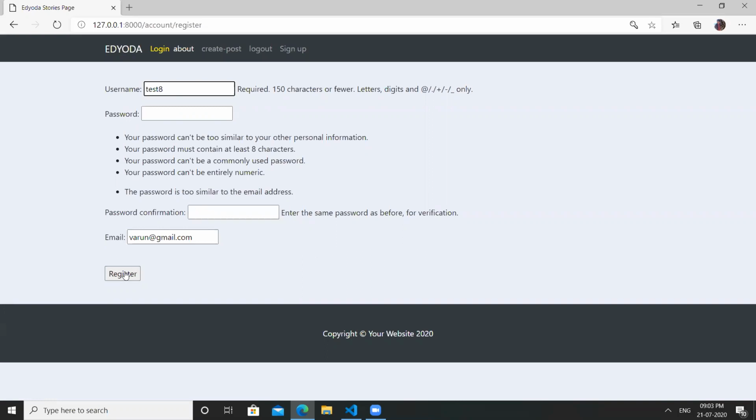And if we register here, it says that the password is too similar to the email address. So if the email address and the password are the same, it asks you to modify the password. So I corrected it.